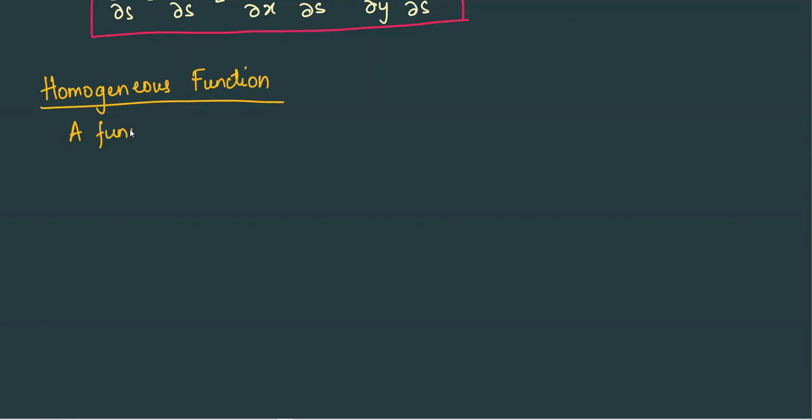If we know the results, it is easy. So a function f of x comma y comma z comma t comma u is said to be a homogeneous function